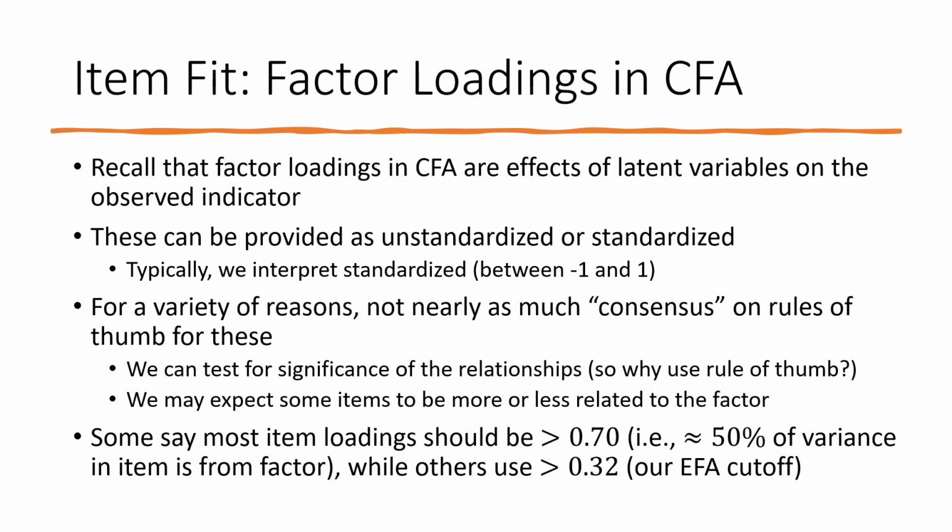50% guarantees that there's no other source of variance that's bigger in the item. But I think even if we had a 33% cutoff, that'd be what, 0.57, something in there. If 33% of the variance in the item is due to the underlying factor, well, that's a pretty good chunk. And it'd be harder for any other single source of variance to come into play there, especially if the factors have been reviewed by an expert panel and stuff like that, which is how I tend to construct my instruments,